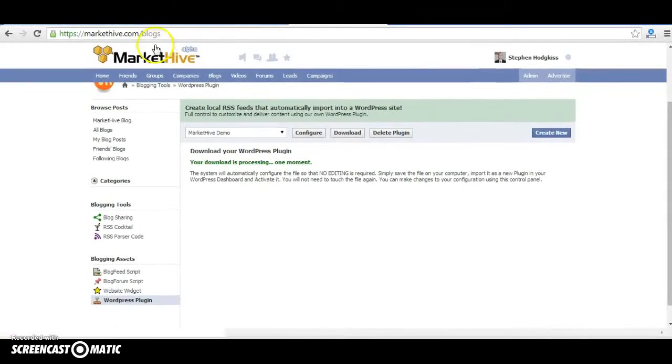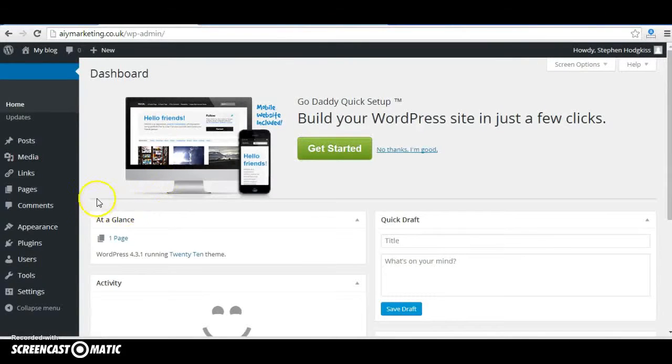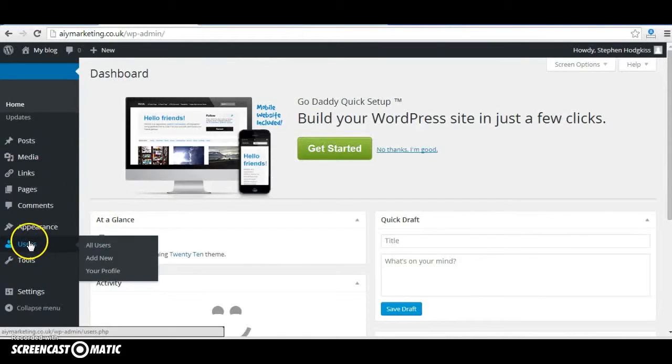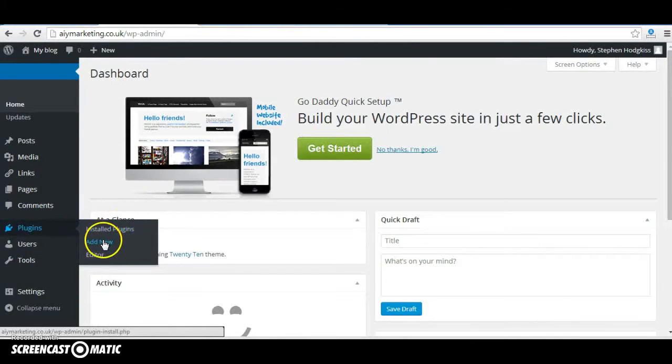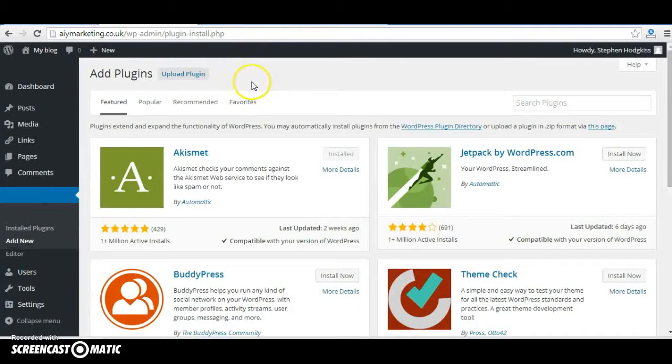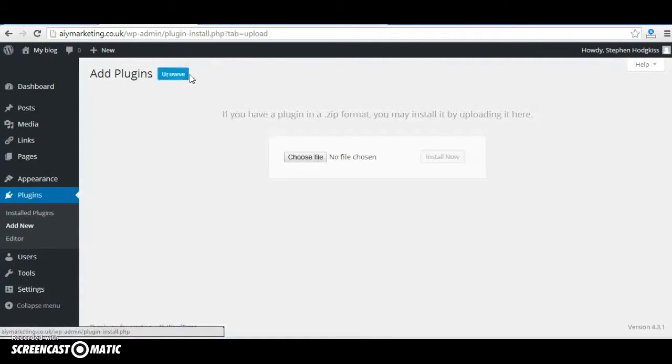So I want to go back to the WordPress dashboard, and it's a simple case of going to plugins and then clicking on add new. And here, at the top, add plugins, there's obviously a lot of choice here for new plugins, but what I'm interested in at the moment is uploading a new plugin. So I want to click on the blue button at the top of the screen there. I'm going to choose the file,